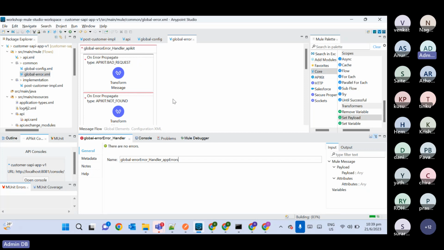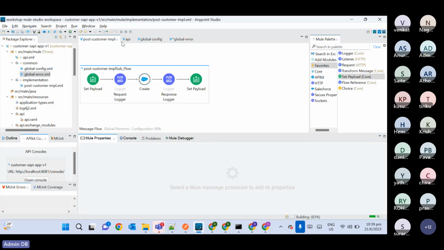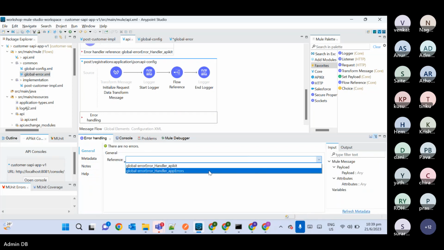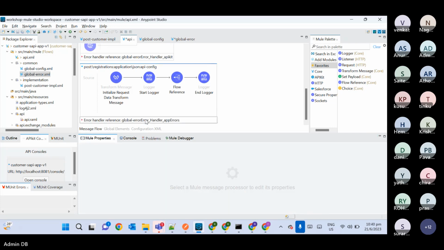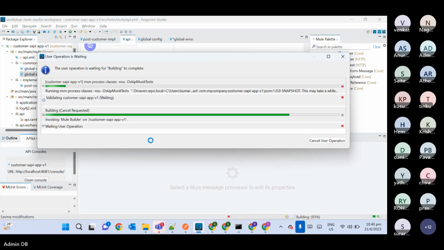So we have given the name as app. We'll call it from there. If there is any error, it will go there. So to test the error scenario, like the happy scenario, we already tested. To test the error scenario, what will I do? I will do